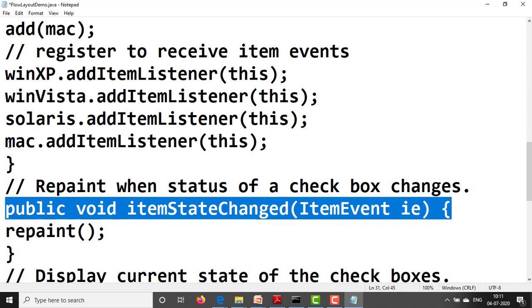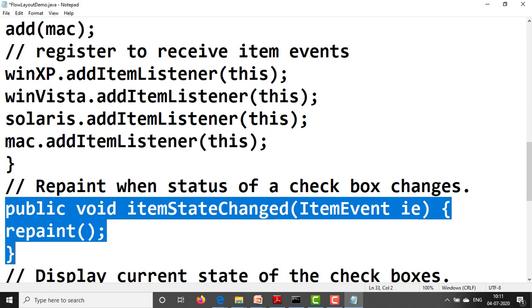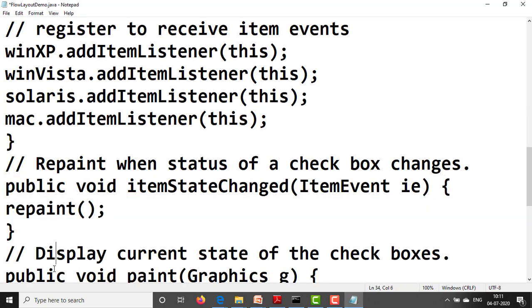Open this method and call the repaint method. Close this method itemStateChanged.